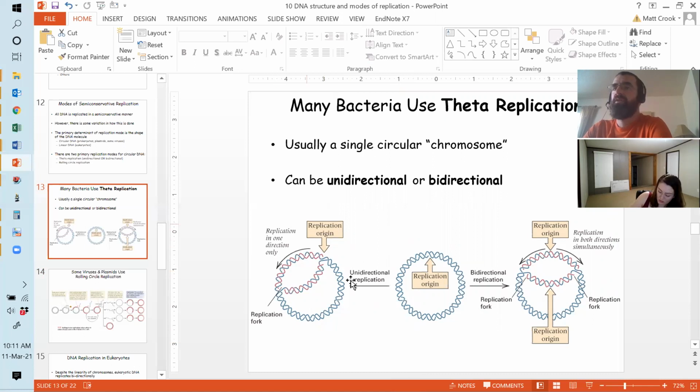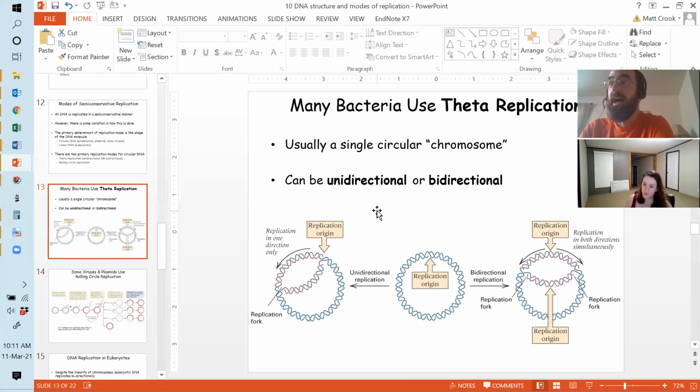The reason why it's called that is because it looks like the Greek letter theta. And some wag looking at this with an electron microscope was like, oh, look at that. I learned Latin at school, and called it theta replication, or Greek, I don't know. I did learn Latin at school. Can't remember one diddly little bit of it, to be honest. It's the most boring subject I've had to study,